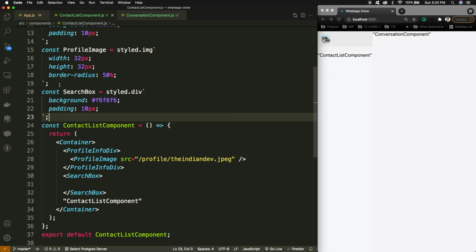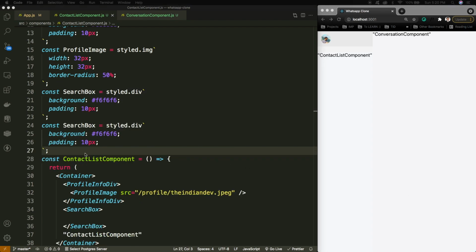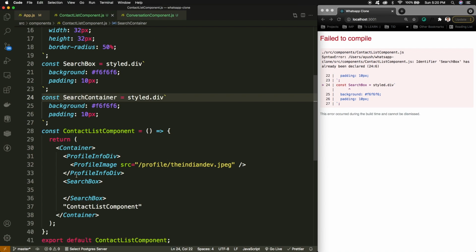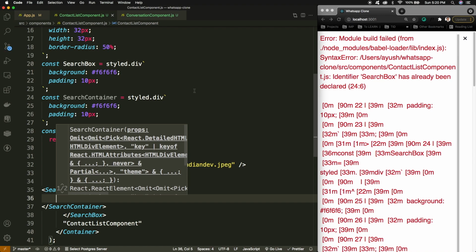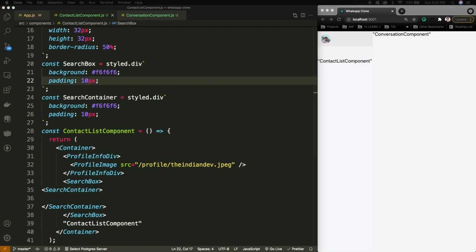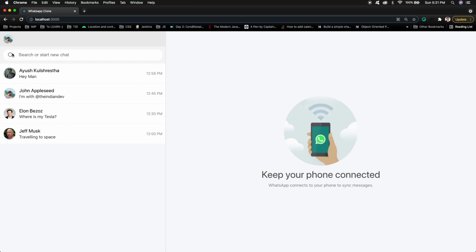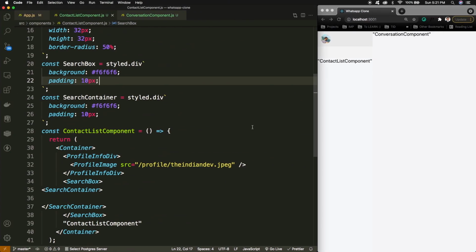I can copy this and I can define the search container here. So this is going to be the search container, and inside this search container, if you analyze, here is the search icon and here is the input box. So this is arranged in a row manner, so we can define display flex and the flex direction is row. Now I can remove these.